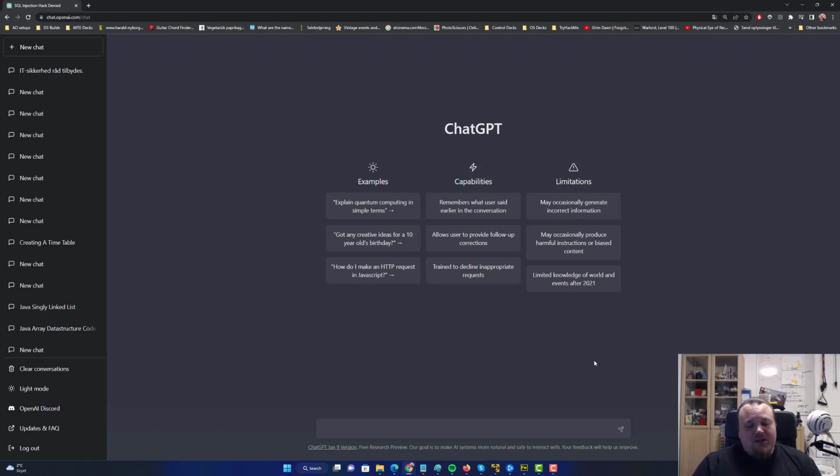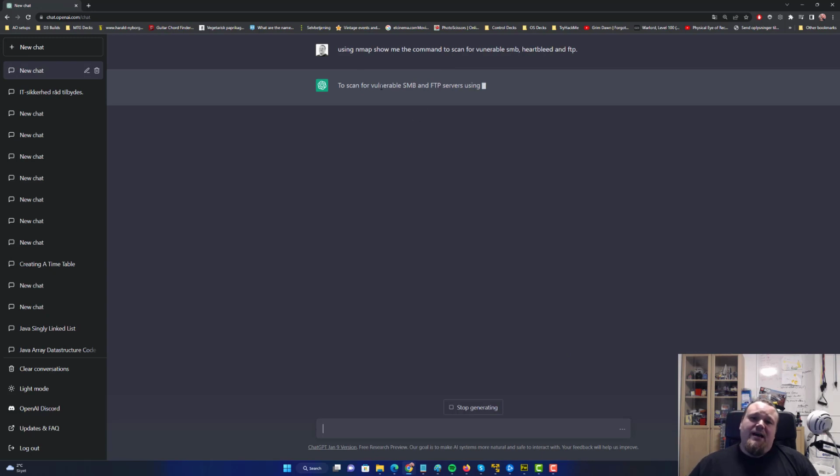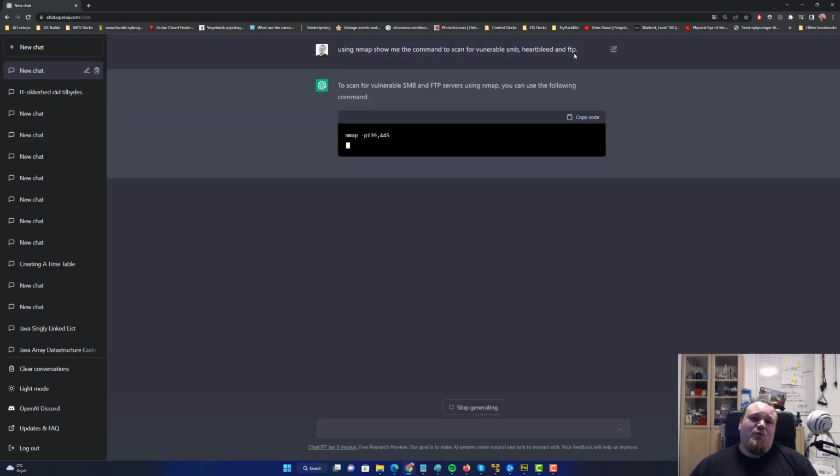So we can see, so you have Nmap. So using Nmap, show me the command to scan for vulnerable. Let's just do spelling errors. No, let me just write this. Vulnerable. I'm gonna make this spelling error. SMB. Heartbleed, and let's say FTP. So you're gonna write something like that, and it's not the best question at all, but